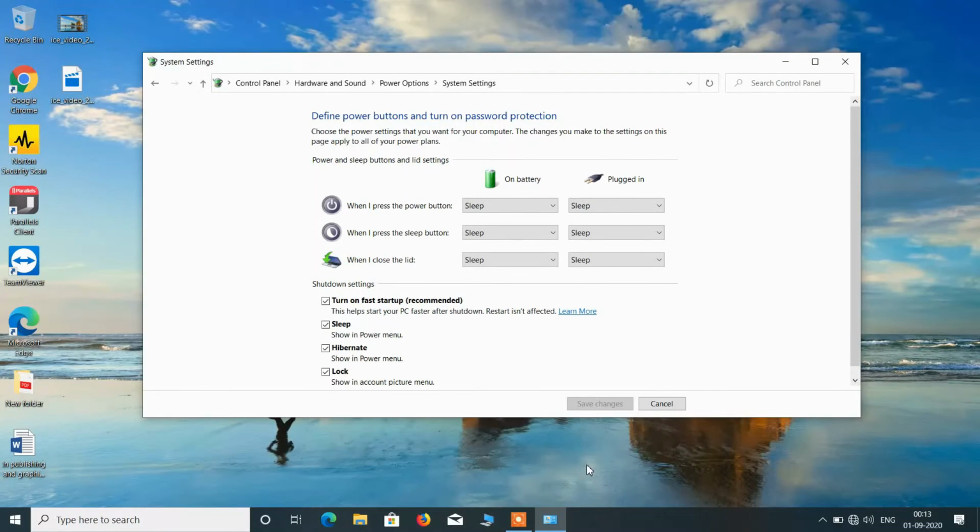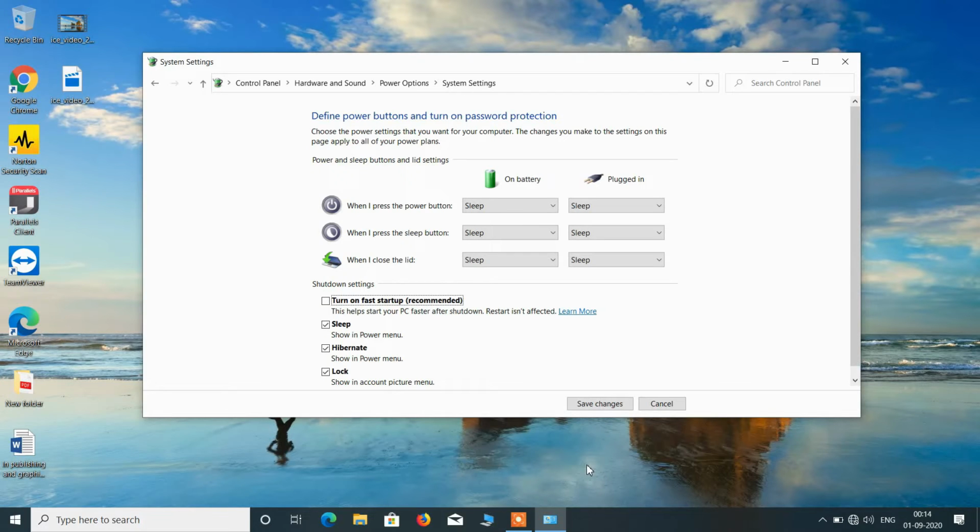Use the left arrow key to select the yes button and hit enter. Now just keep on pressing the tab key until this option turn on fast startup is selected. So the option is now selected. Just press the space bar to uncheck it.